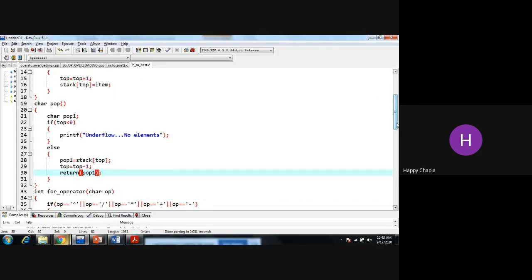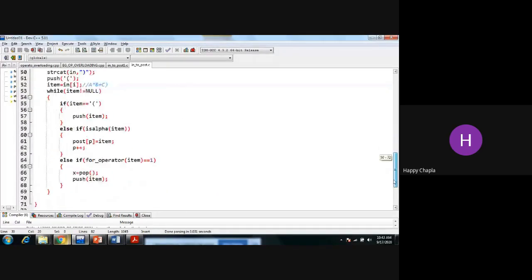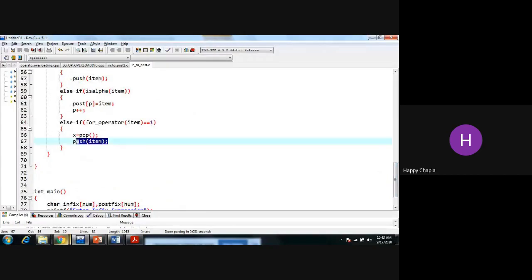Okay, so whatever value is coming from this pop function, we are just checking over here. मतलब कि जो भी वैल्यू मुझे यहाँ पे मिली, उस top of the stack की value, right? I am taking it into the x variable.